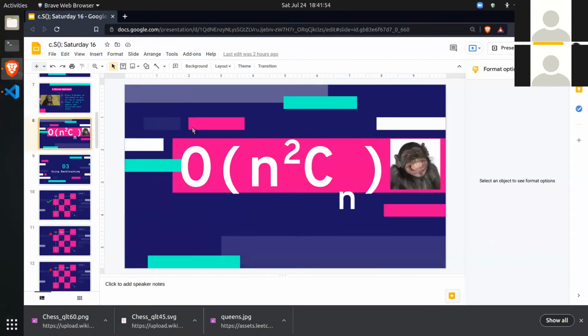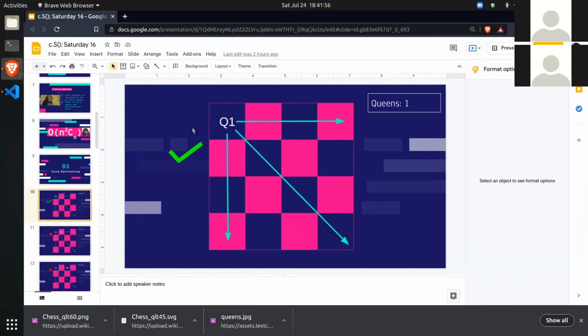And this is an important question. Let's go back to the first place here. So here our problem is to place how many queens? Our problem is to place 4 queens. We've successfully placed 1 queen. Now our problem becomes, how do I place 3 queens? Not how do I place 4 queens, because I already placed 1 queen here, right? So I don't have to bother about that queen.